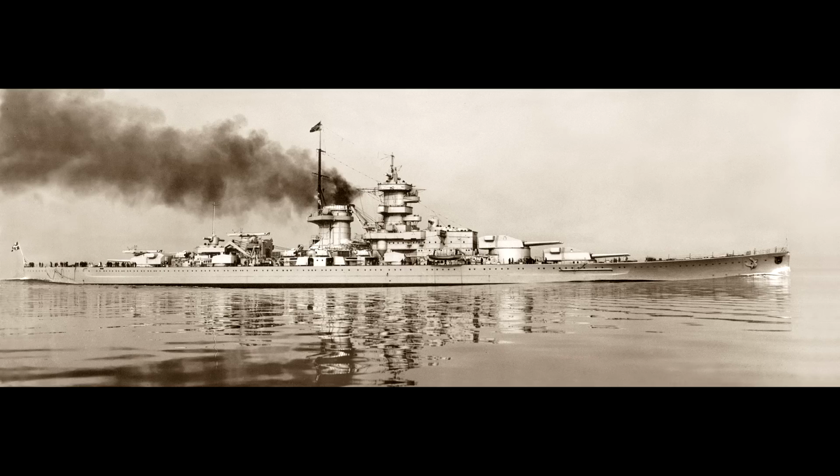I mean, obviously there's the bow extension to give it the buoyancy to support the 15-inch guns, but one of the other things I would seriously look into would actually be stripping out the secondary armament entirely, because in common with the Bismarcks and, well, pretty much any large German ship, heavy cruisers and upwards, they have the mixed secondary armament layout, which gives them a high number of secondary battery guns, but not actually a huge amount of firepower in either option,